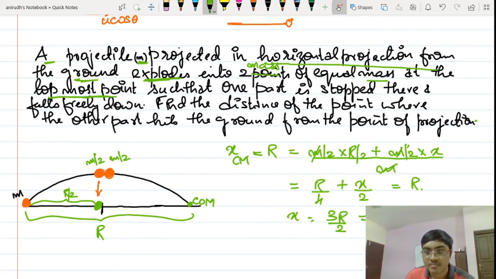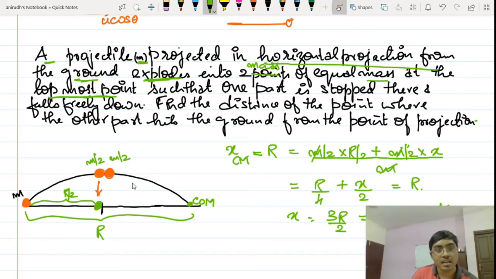So did you see this? This is actually a concept of projectile motion, not just projectile motion. It is a collaboration between the concept of projectile motion and the concept of center of mass. Whenever a projectile is thrown into the sky and it explodes into 2 parts, these two bodies will be moving in their own separate directions. So the first mass is directly falling down, isn't it? Now the second mass is falling at 1.5 times r.